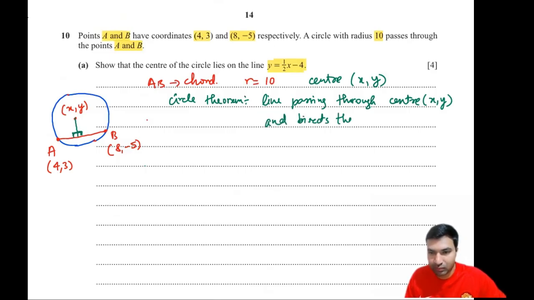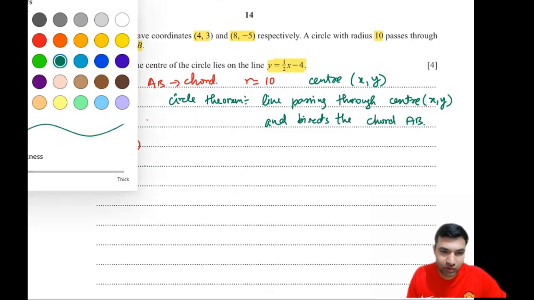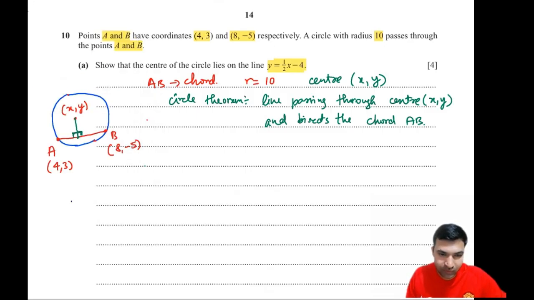This is what the theorem is. Bisects the chord AB. So bisecting the chord AB means what? Can I say this point, if I assume it to be C, then C will be the midpoint, isn't it? Because any line that is perpendicular to the chord and passes through the center will bisect the chord. Therefore, C is the midpoint